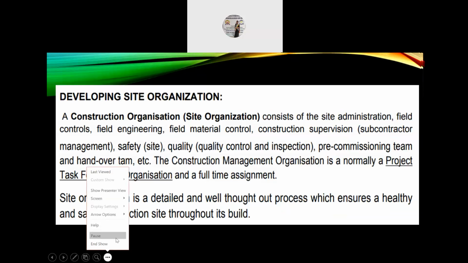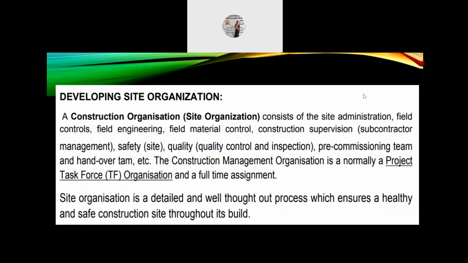The next topic is developing site organization. A construction organization, that is site organization, consists of the site administration, field controls, field engineering, field material control, construction supervision, that is subcontractor management, safety, that is site, quality, that is quality control and inspection, pre-commissioning team and handover team, etc. The construction management organization is normally a project task force, that is T of F organization, and it is a full-time assignment.